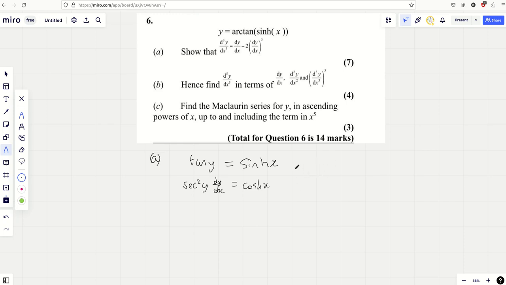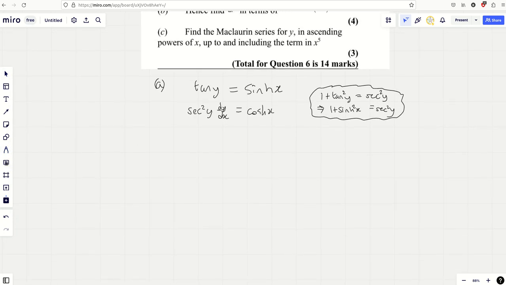So I reversed a little bit then and thought, hang on a second, as 1 plus tan squared y is sec squared y, this means that in this case 1 plus sinh squared x, because tan y is sinh x, is going to be sec squared y, yeah? And it gives me a little shortcut here to make things a lot simpler. So what I'm going to do is replace this with 1 plus sinh squared x, sorry, that's the whole point, change the y's for x's, dy by dx equals cosh